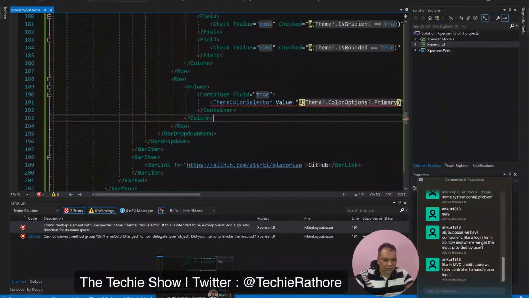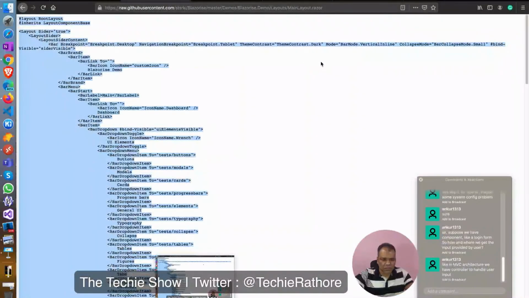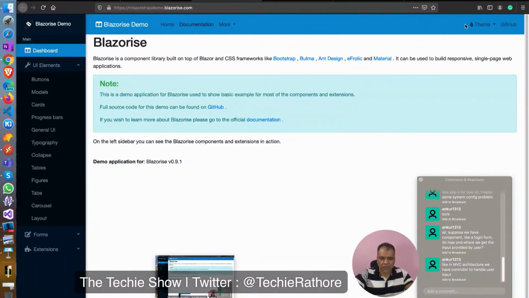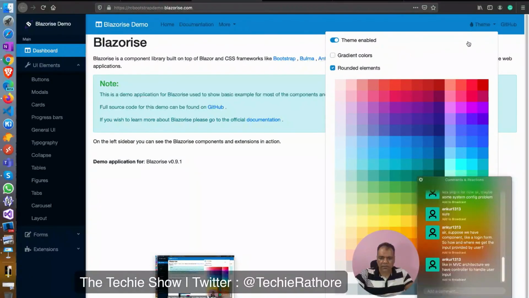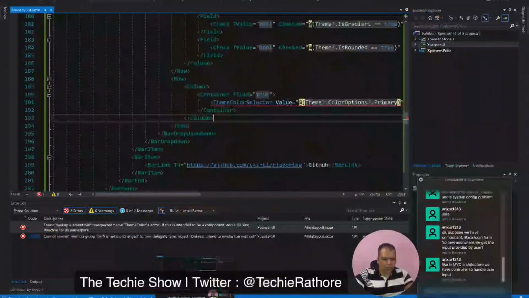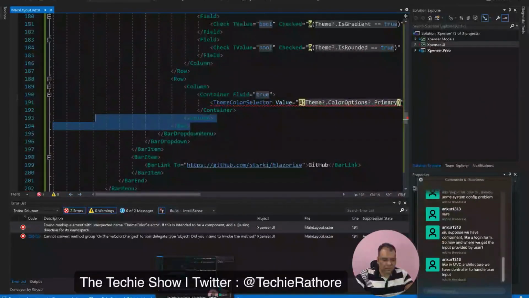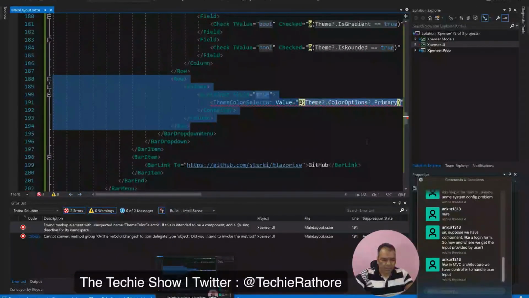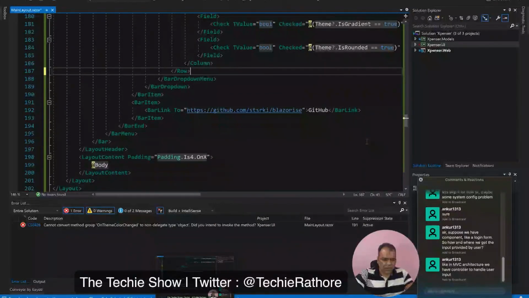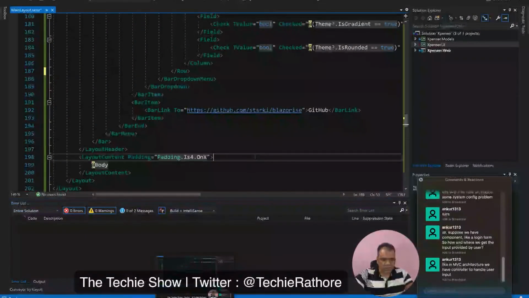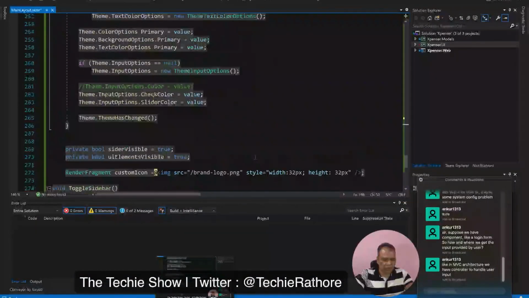If you see the sample here, this is for the theme collector and all those things. We don't need this in our application, so I'll remove this. Okay, and this error is also gone.